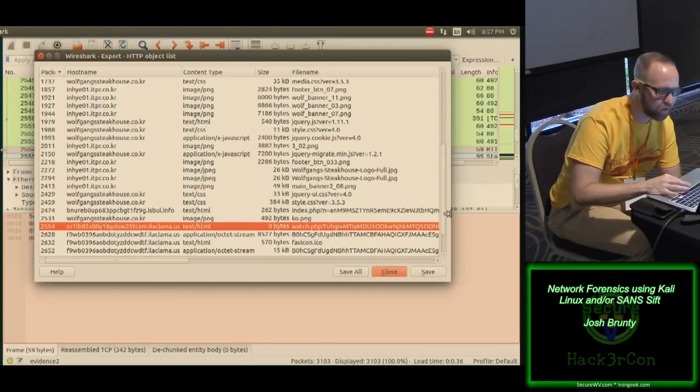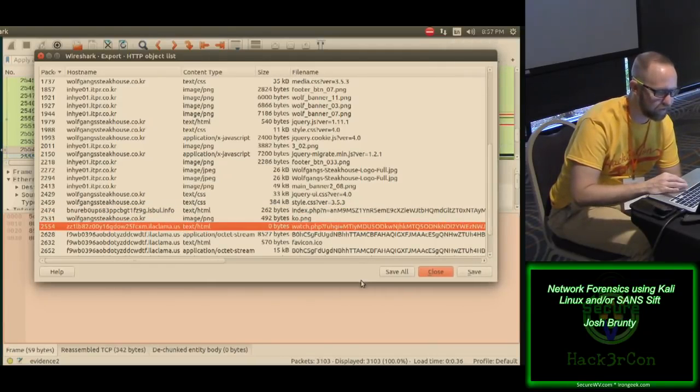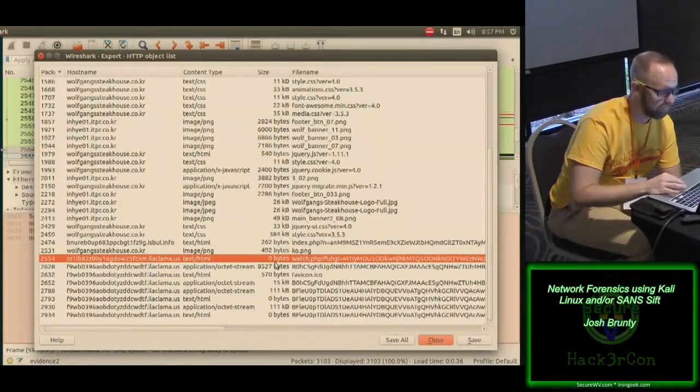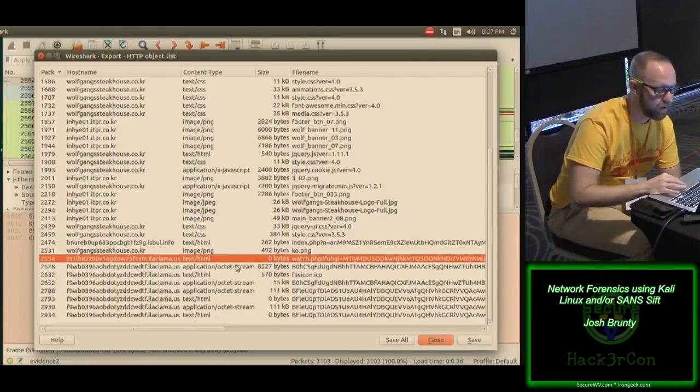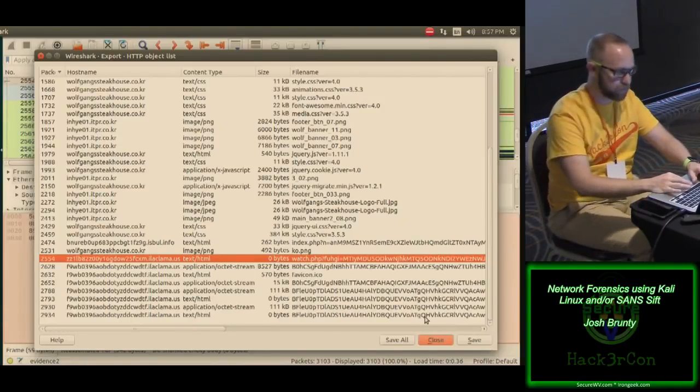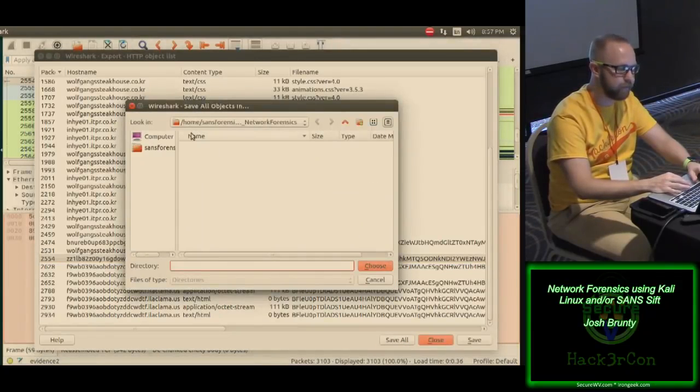And then all of a sudden the steakhouse stops, and then we start with this I like llama. So what do you think? Where do you think our malware packages are going to start here? The ones that stick out like a sore thumb, right? The I like llama. I'm going to save all of these. So I'm going to click on Save All, and I'm just going to put these